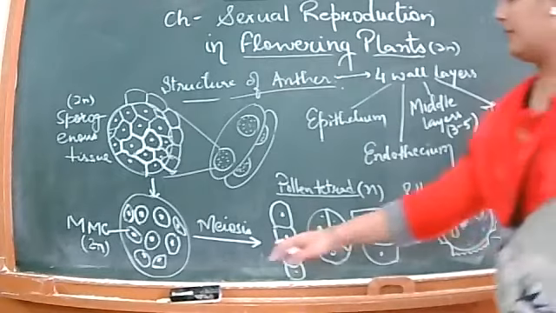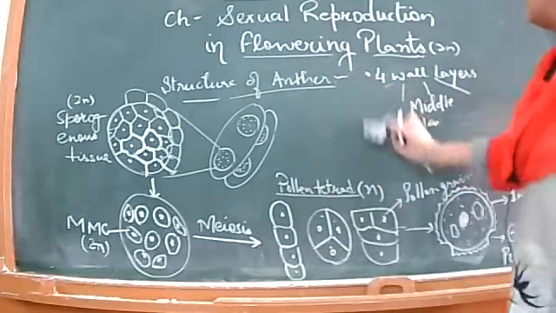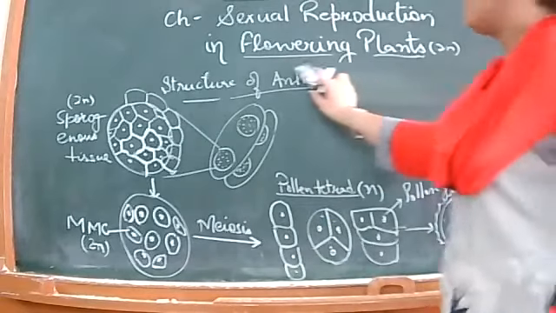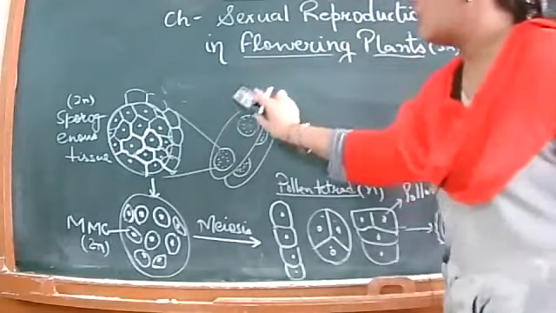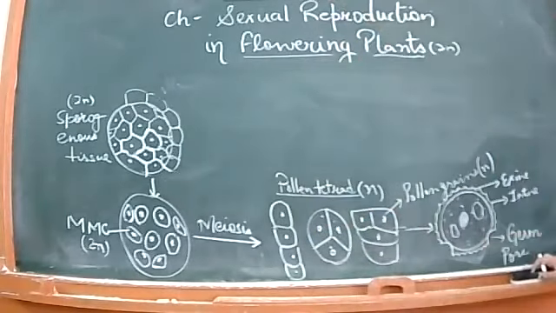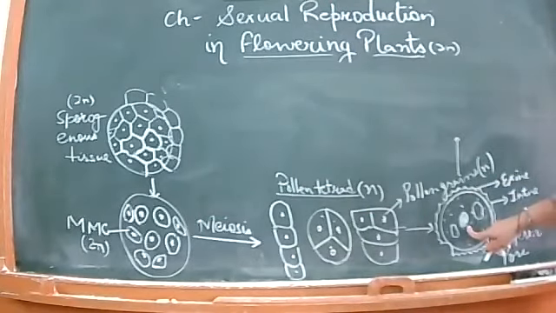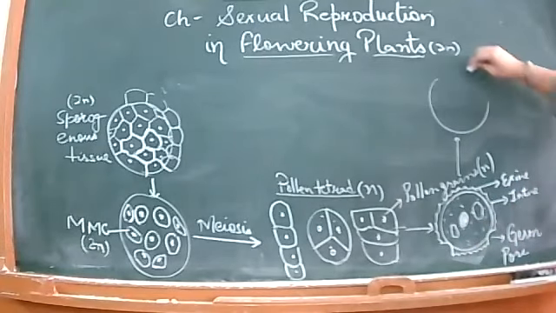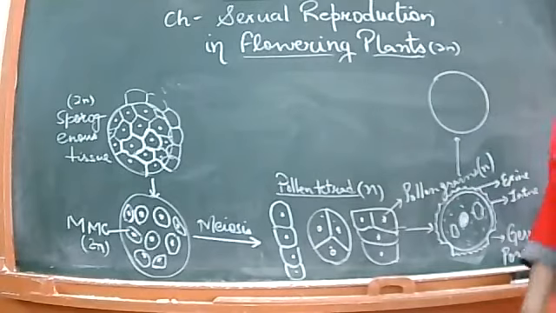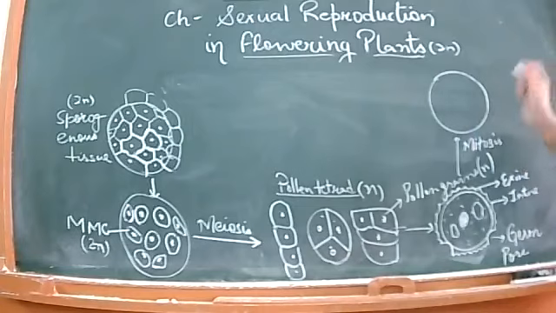This pollen grain further makes its germination, leading to the formation of two types of cells. What are the two types of cells formed? They are the vegetative and the generative cells. ठीक है, तो यहाँ पे क्या है? The first nucleus undergoes division, forming two nuclei. The division here will be not meiosis but mitosis. ठीक है, mitotic division हुआ.